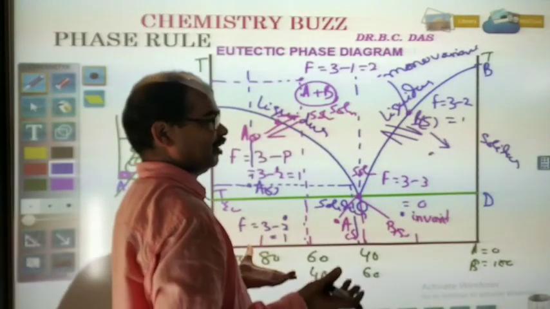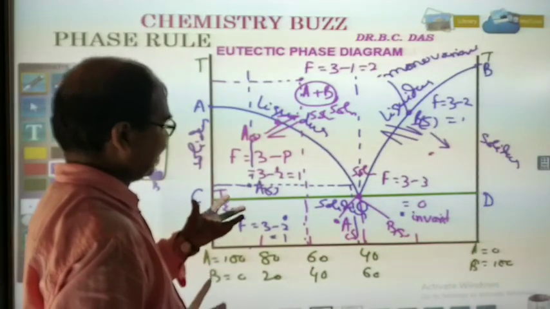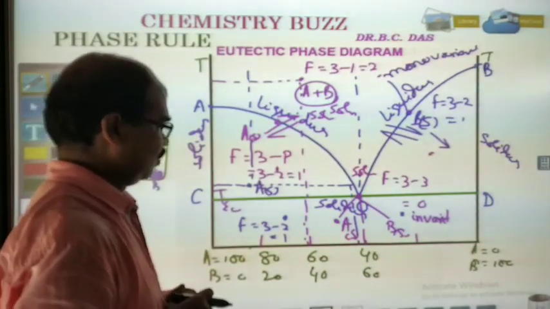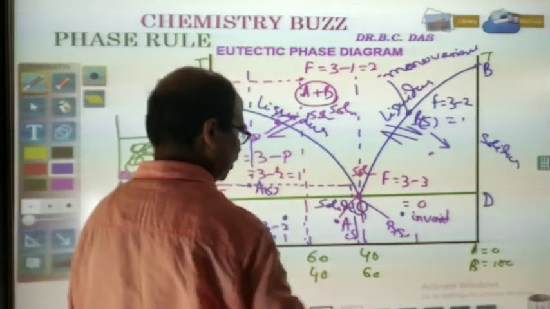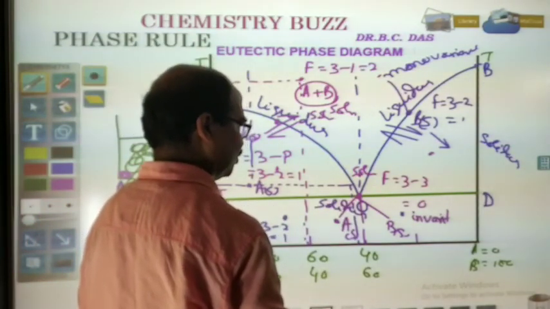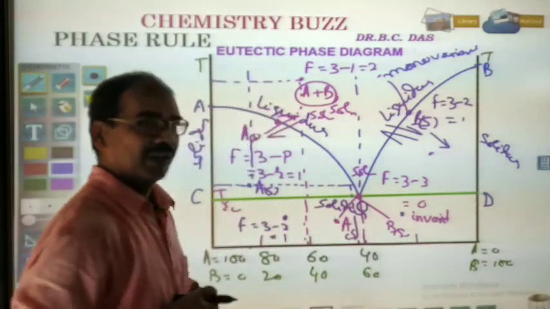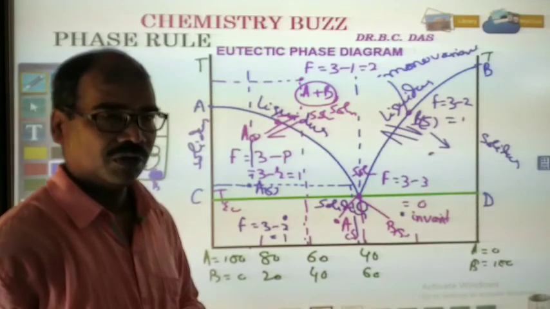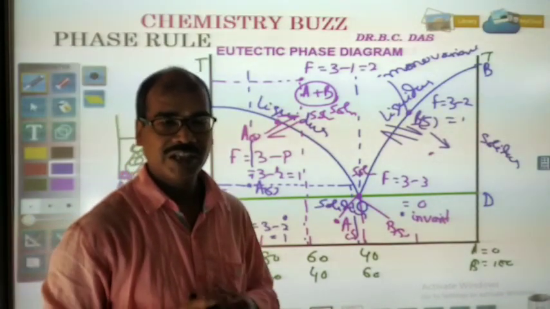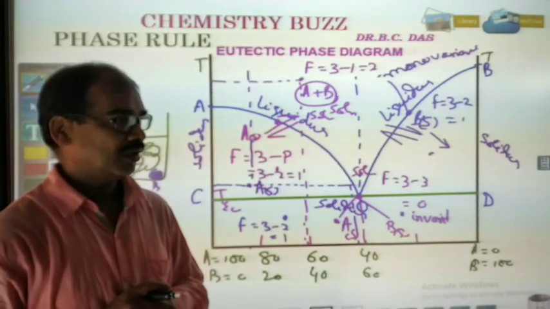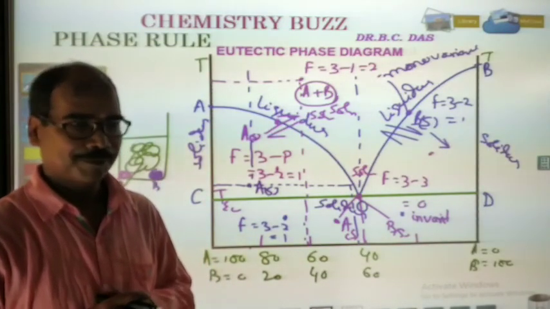So if one is interested in A or B, then it can be separated out from the mixture. This is an industrially important application, and in the coming video we will learn the Pattinson's diagram, that is desilverization of lead, how lead is separated from silver